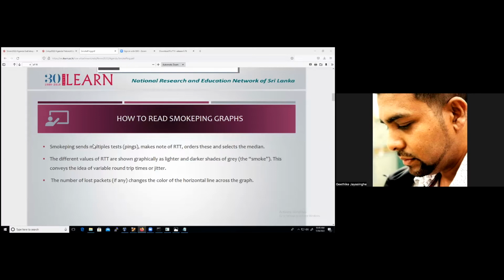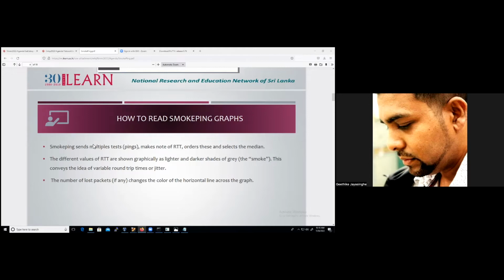Your network devices may be in the same LAN where the SmokePing server is. Maybe they are in another data center, maybe in another faculty, or in another rack. So these devices may be scattered in different places in your network. After installing the SmokePing software, you can add those devices to SmokePing,